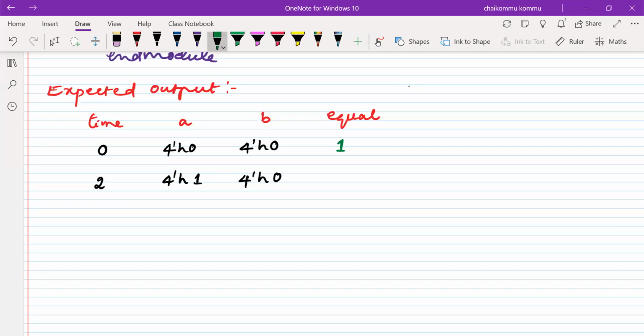Okay. Now what is the output? This input will be taken into consideration. The simulator will apply it on the module and it will generate an output. What is the output? Both are equal. Sorry, both are not equal. So it's 1, 0. That means it is 0 output.